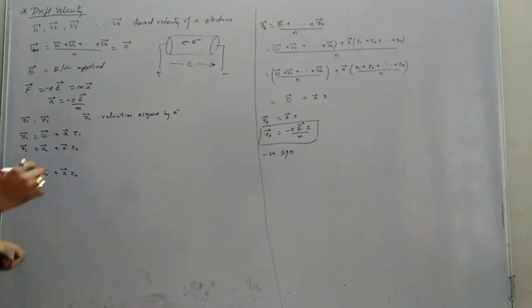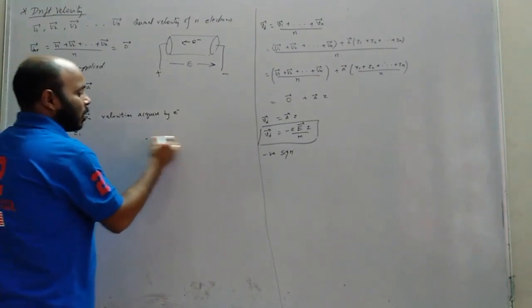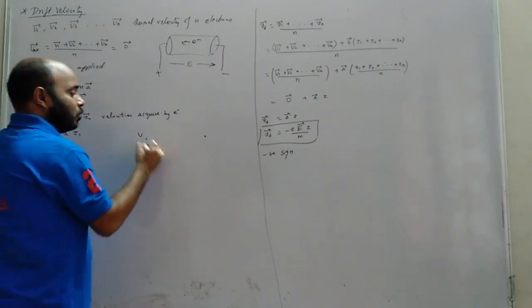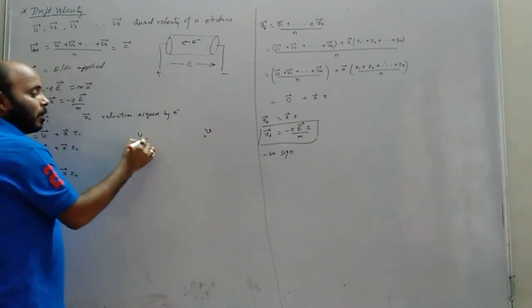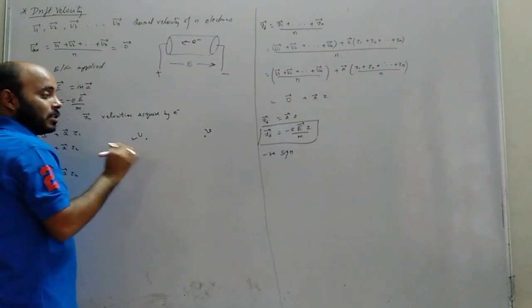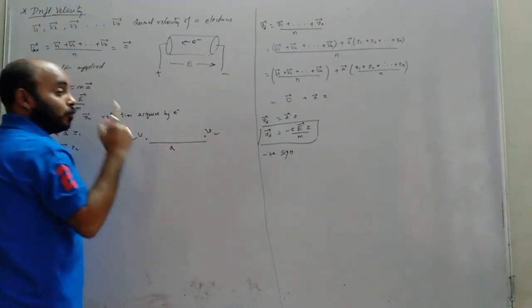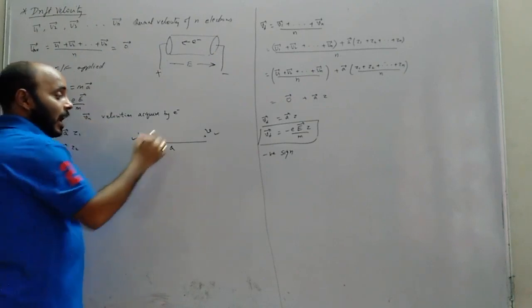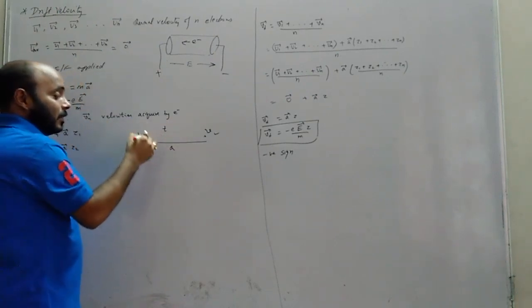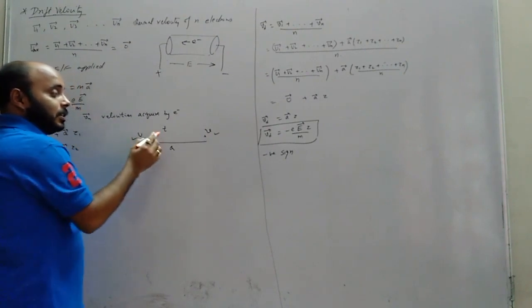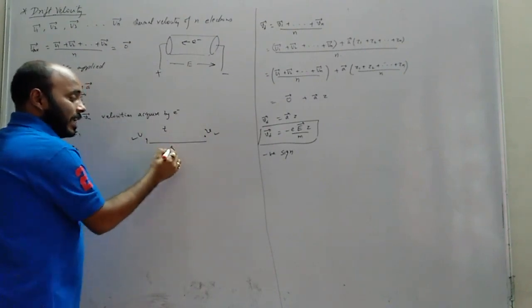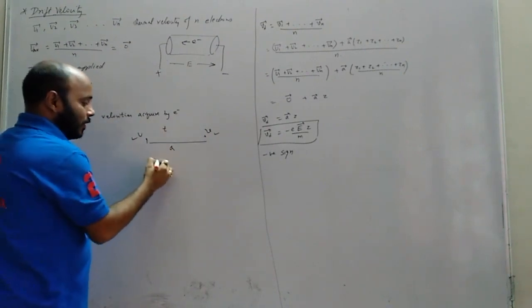Now see, let's go to class 11. We will have to go a little bit into class 11. U, V. When the body is going from here to here, u is the initial velocity, v is the final velocity, and a is the uniform acceleration. Okay, and t is the time from here to here. t is the time for which this acceleration was acting. Then we use v equals u plus at.